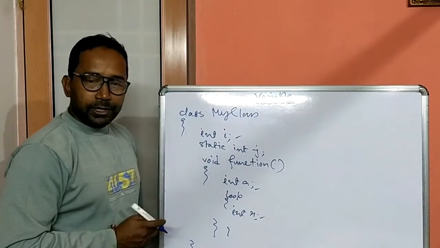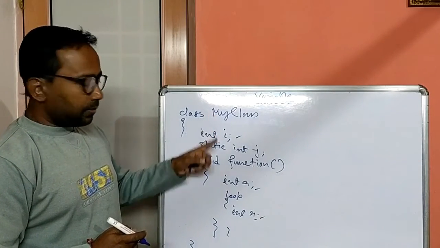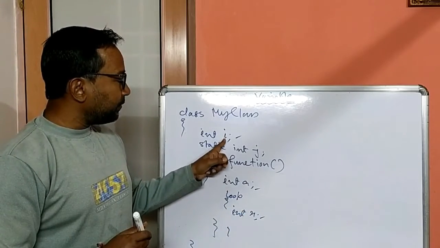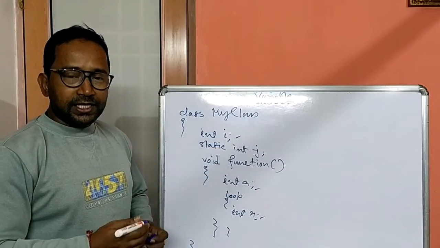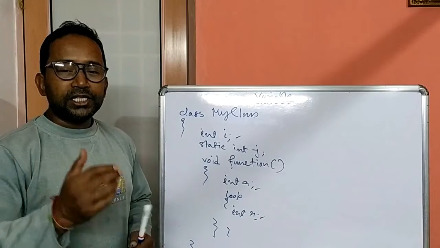Why is it called an instance variable? Because when we create an object of this class anywhere in my program or in a different program, that object will get a separate individual copy of this variable. So an object is called an instance of the class. As the instance is getting the copy of this variable, that's why this variable is called an instance variable.